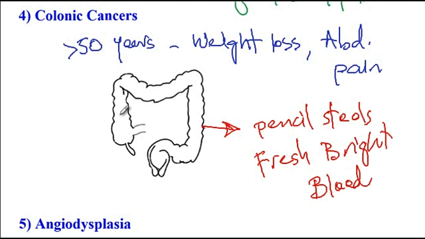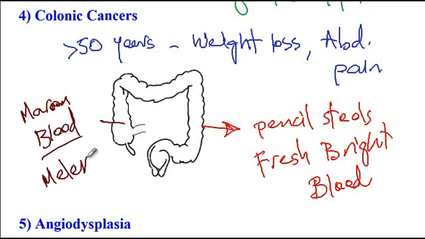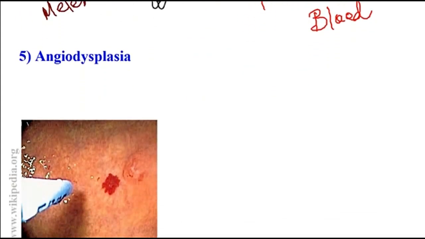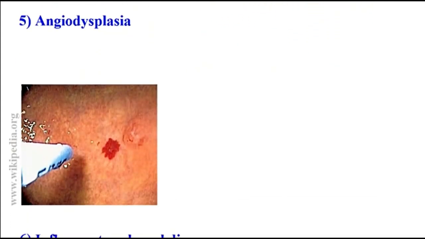On the other hand, tumors that are on the right side of the colon, since the right side has a larger luminal diameter, they usually don't cause any obstruction. But since they are further away from the anus, they usually present with maroon colored blood or melena. The next condition that causes lower GI bleed is angiodysplasia, which is usually acquired later in life,